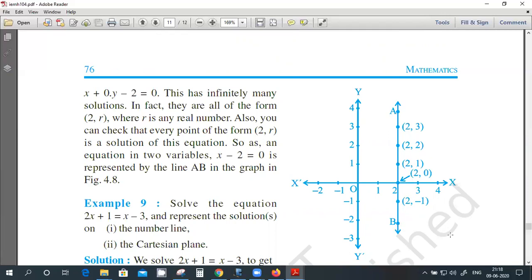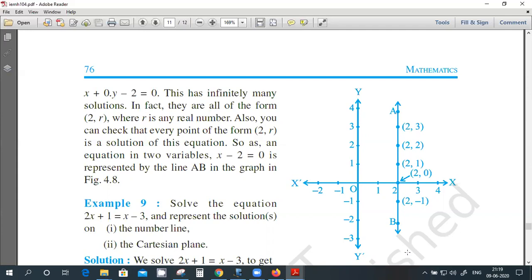The equation of a line is all the points satisfying that equation, right? So if you write x equal to 2, all the points on this line will satisfy that equation. A line parallel to the y-axis passing through 2, like this line A to B. All the points on this line will have x equal to 2, so the equation of this line is x equal to 2. There's no restriction on y. Y can be anything, and x is always 2.